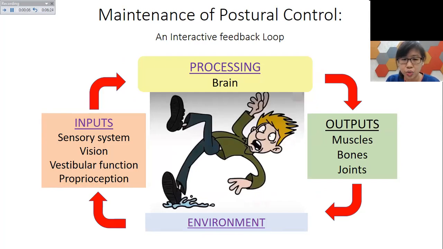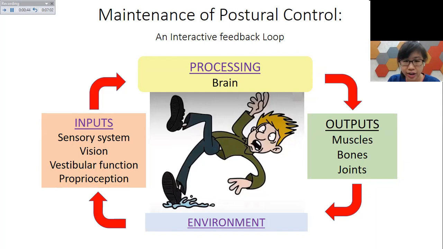That when we stand, we are able to stand upright and ambulate safely without falling. So the maintenance of postural control involves a complex integration of sensory information regarding the position of the body relative to the surroundings, and the ability to generate forces to control body movement with regards to the musculoskeletal system. So when we can better understand the environment that we are in based on our sensory system, we can create and trigger inputs into our brain for processing,